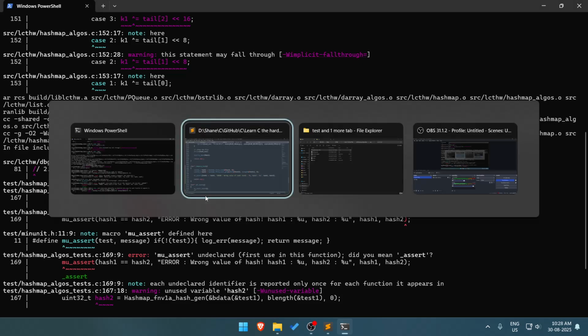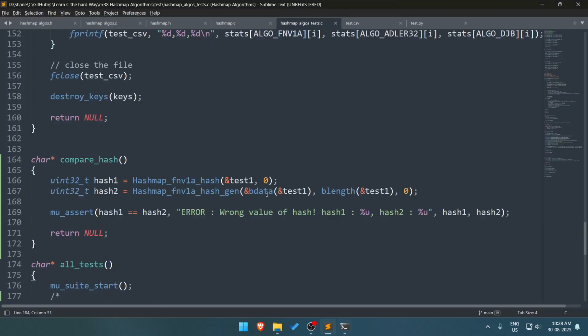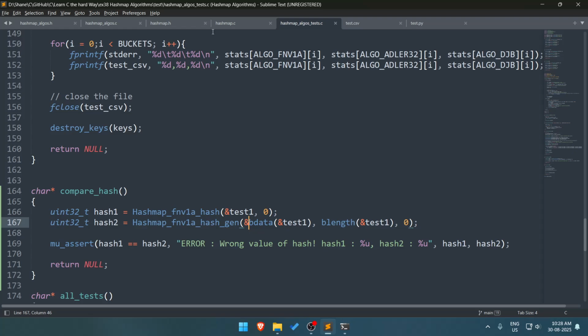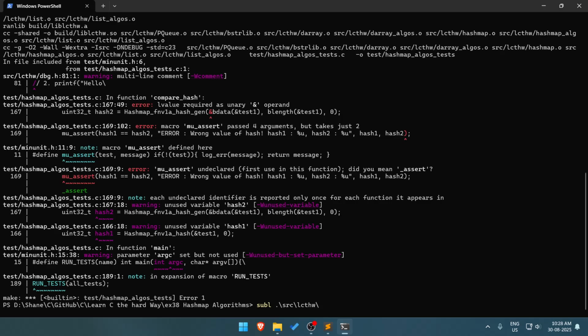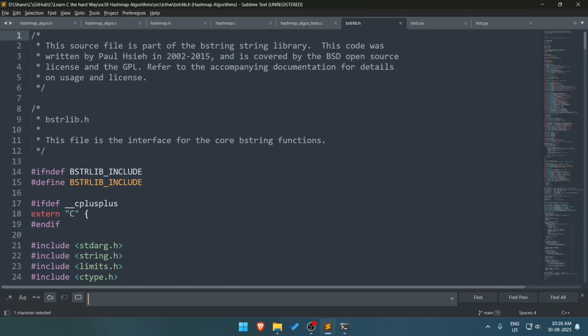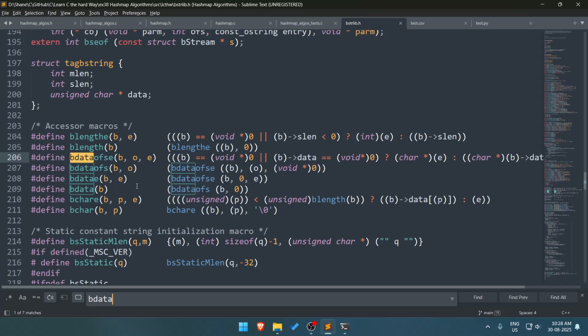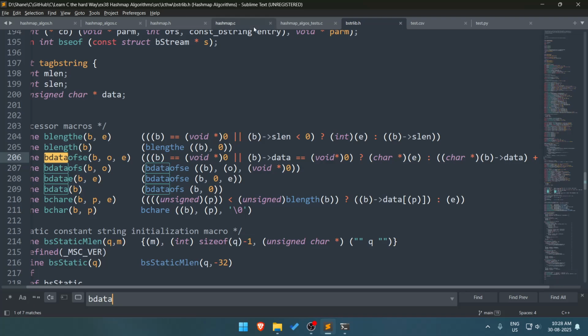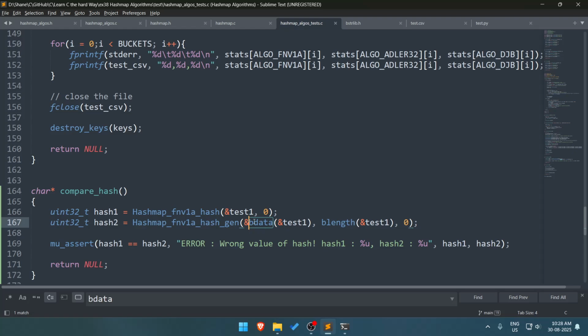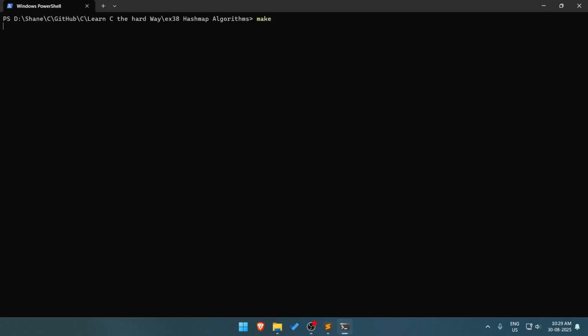B, okay, what does b data return? I think b data itself. Alright, that is not a problem. I want to go source, then see the hard way, and there should be a pstr lib.c .h. b data itself returns a char pointer, so that is my bad, I should update it. We don't need the address, we just need the b data. So clear, and then we can make it again,